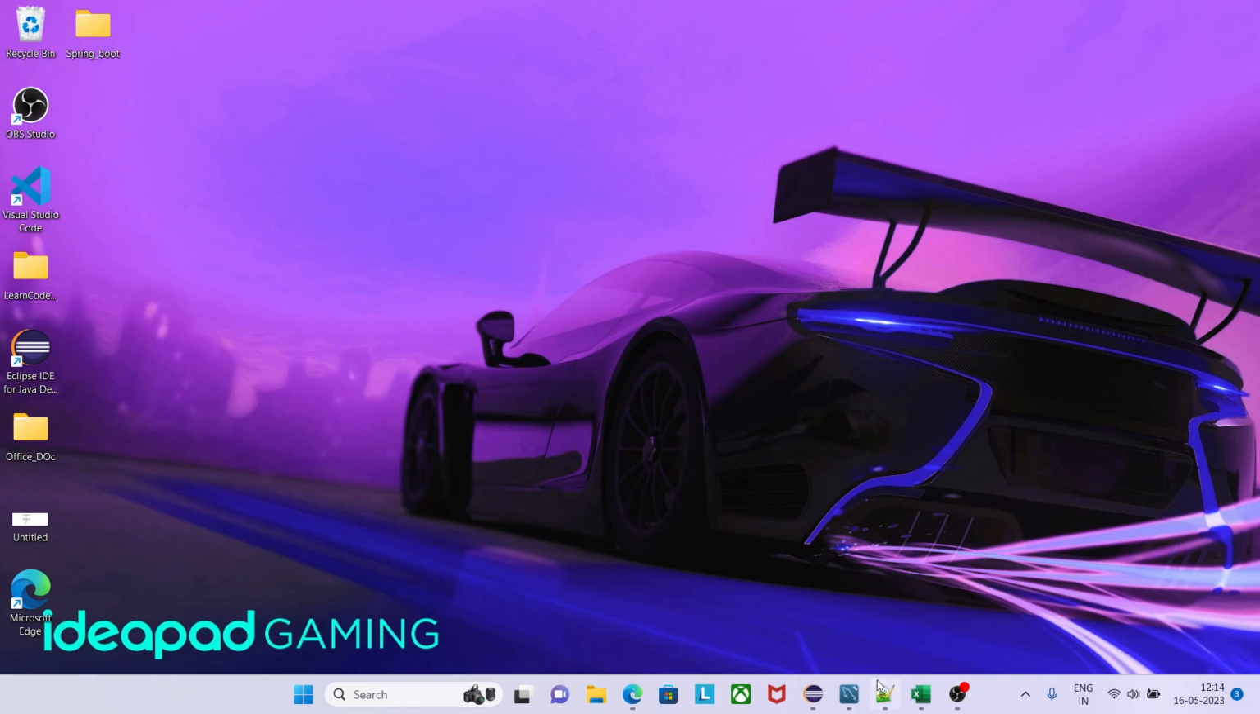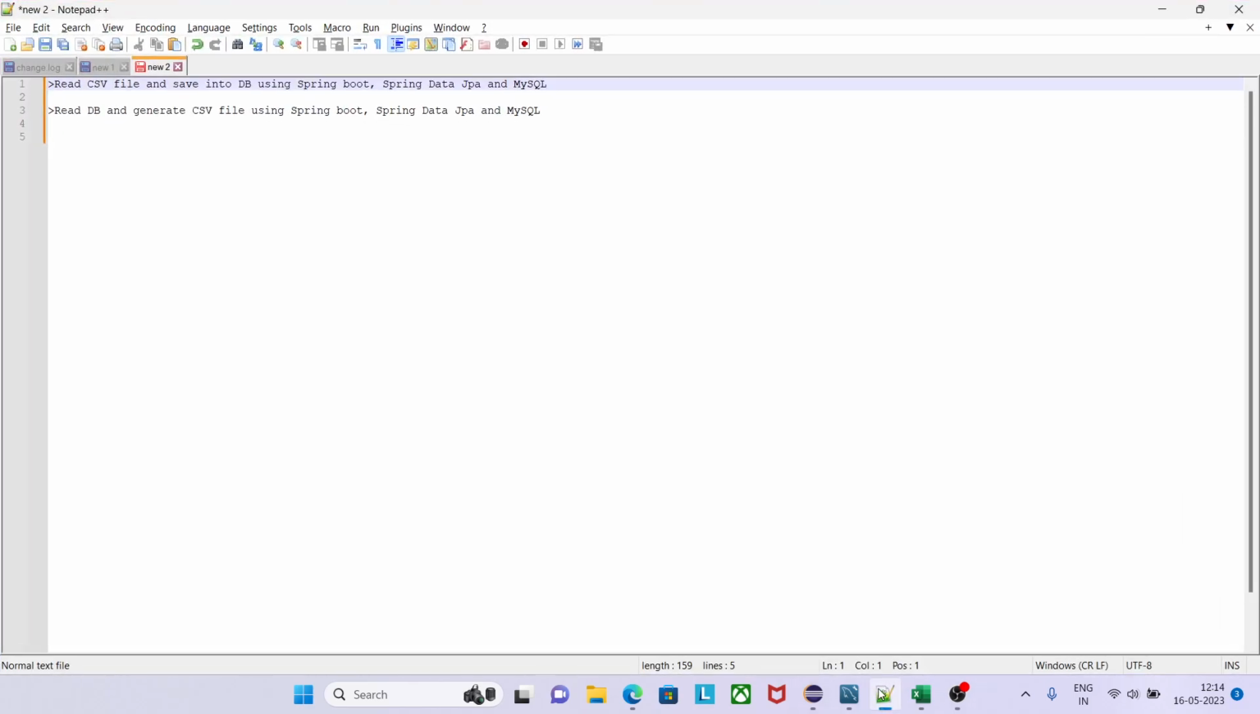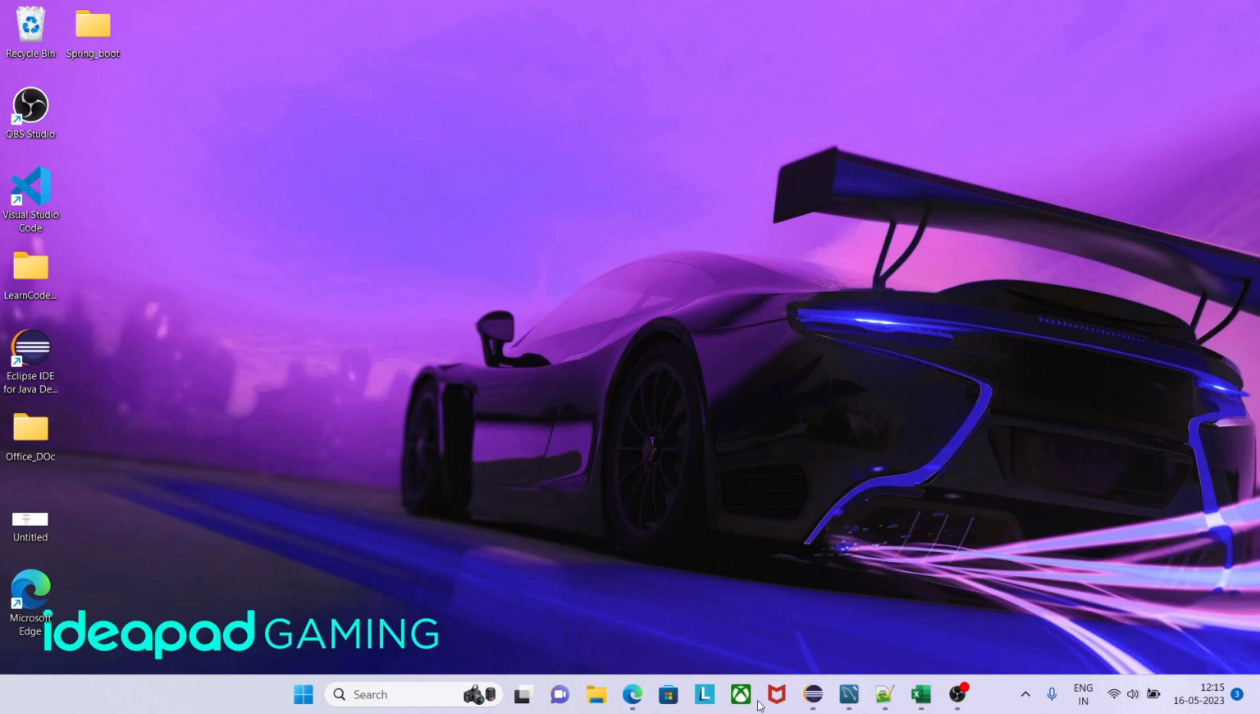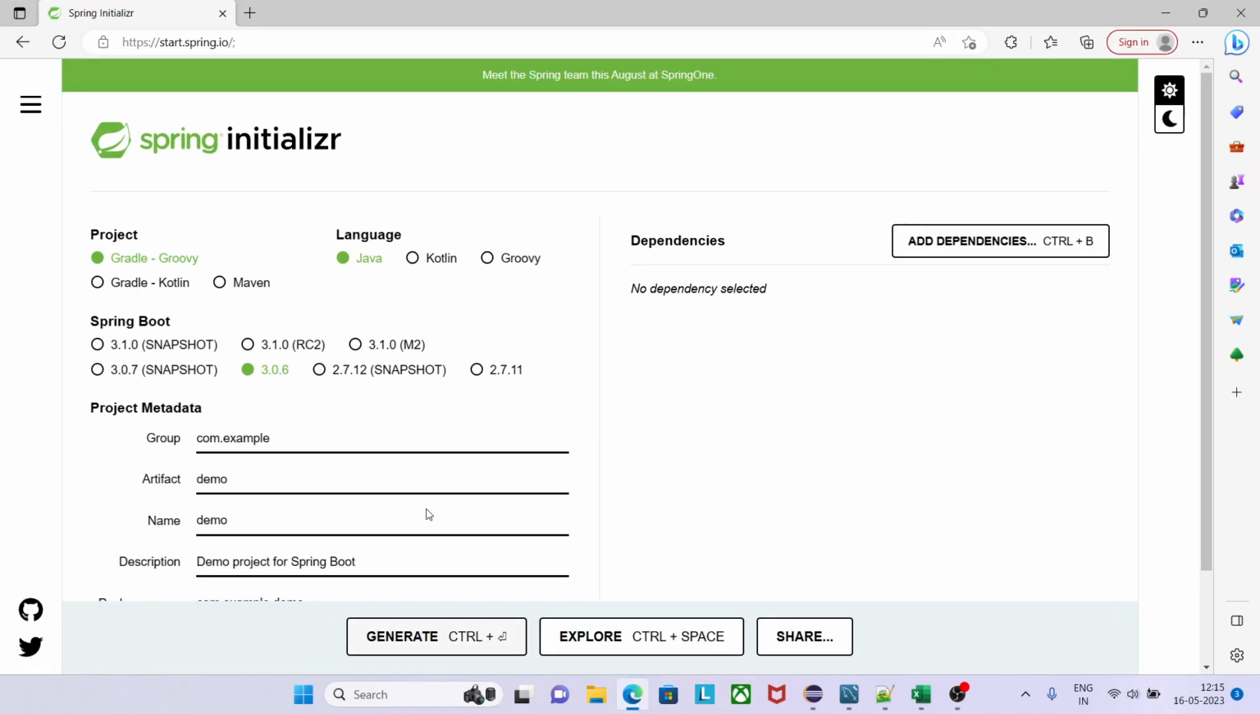Today I'm very excited to introduce a brand new series on CSV file. So the agenda of this call will be to read a CSV file, process the data, and save all the information into DB. And I'm going to achieve this using Spring Boot's Spring Data JPA and MySql database. So let's go to the Spring Initializer website and